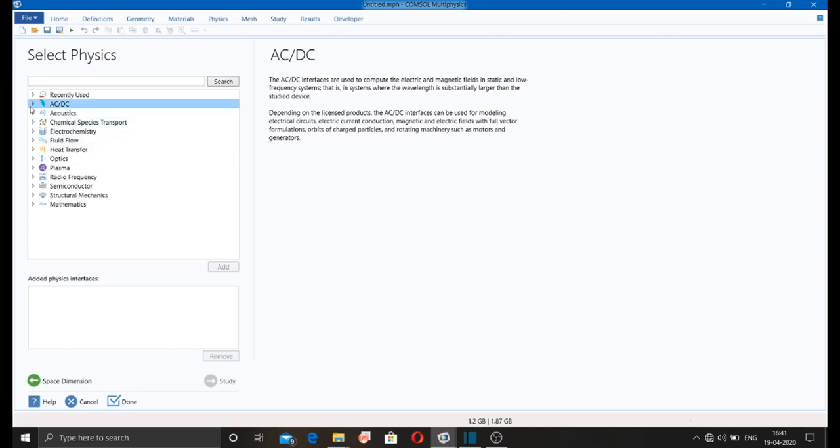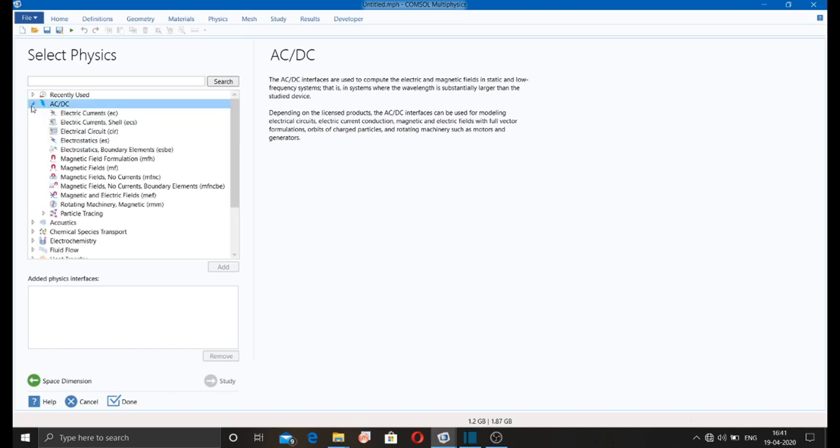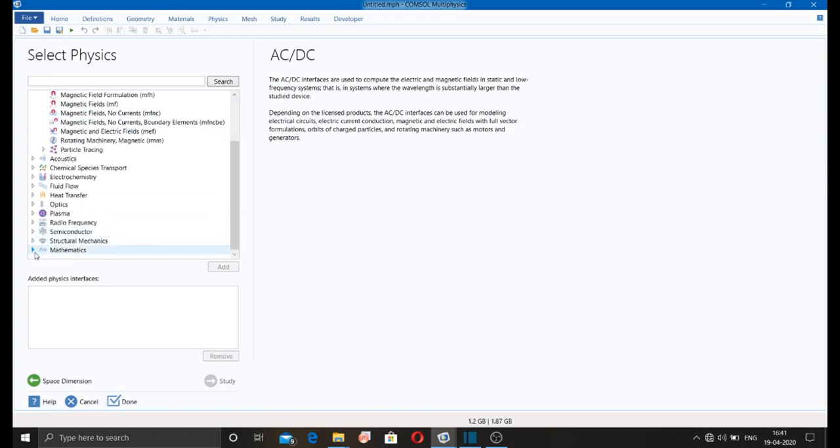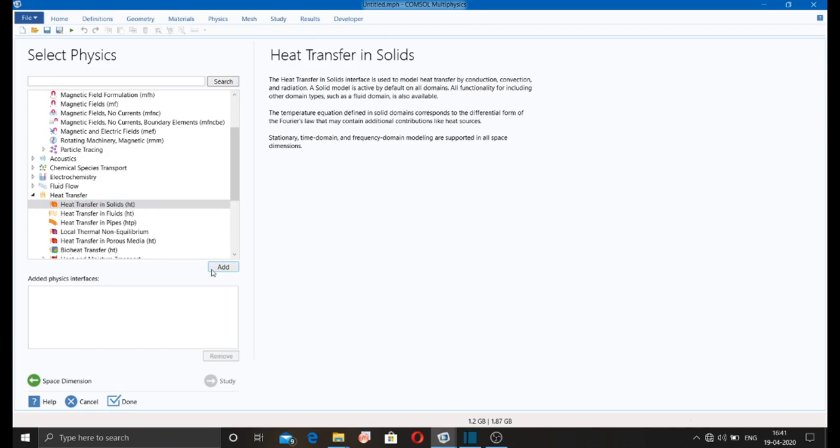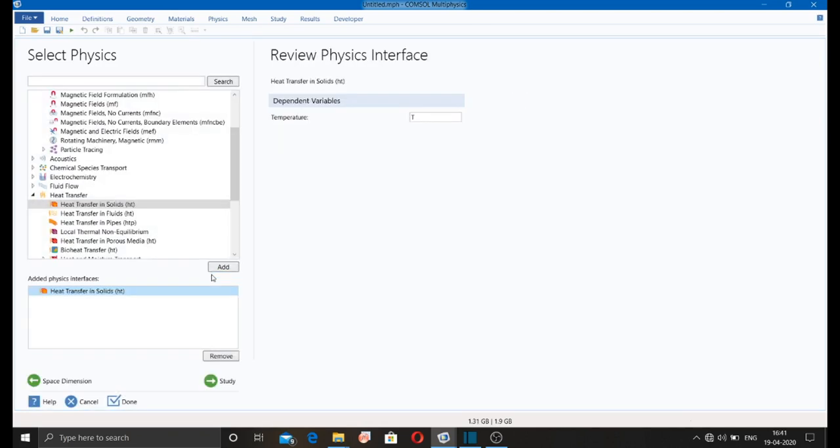If I click on this particular arrow, there are so many physics interfaces. Okay, you can also use mathematical modeling. I am just selecting anything randomly, heat transfer in solids, edit. You can also select more than one physics interface at a time.